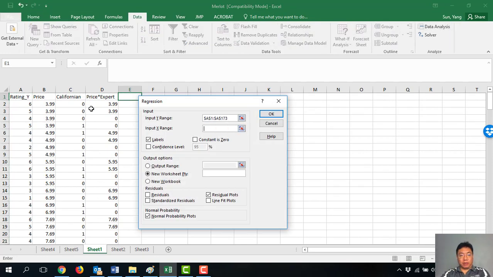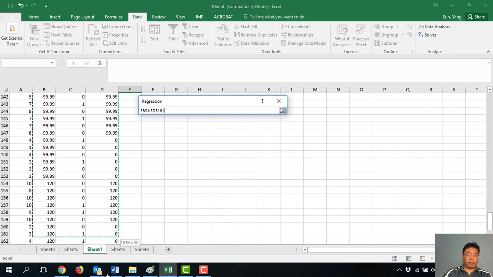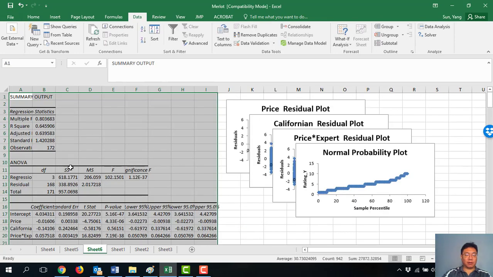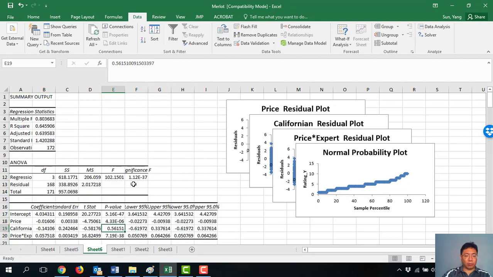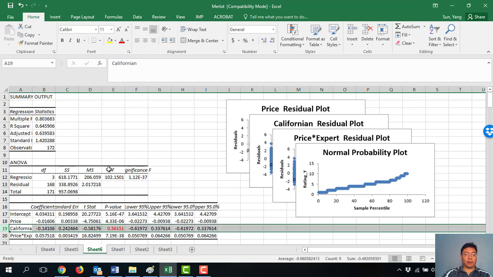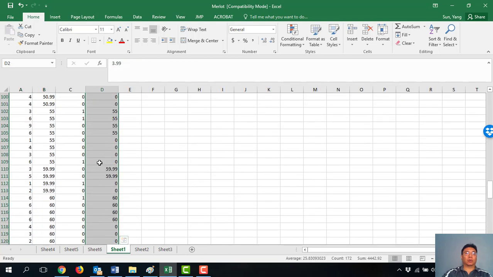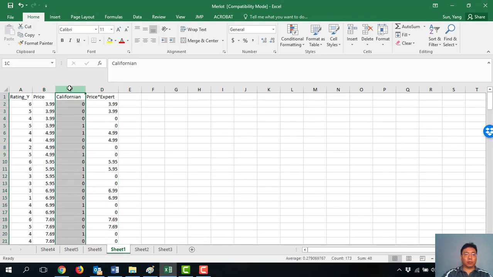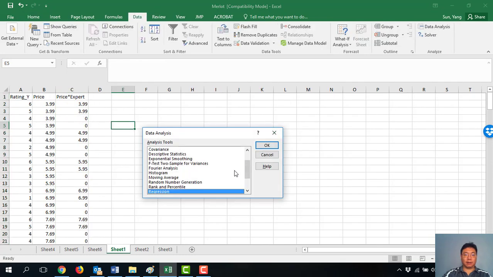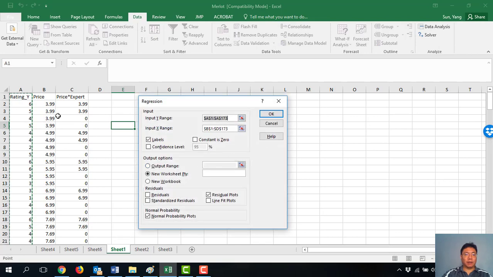Again, I need to change the input range for X columns. So there will be these ones up to where we have data. Then say OK. So we have another regression output. And by looking at the regression output and the p-values, we know that the next step is to remove the variable California. Okay, so let's go back to the original data, remove California,